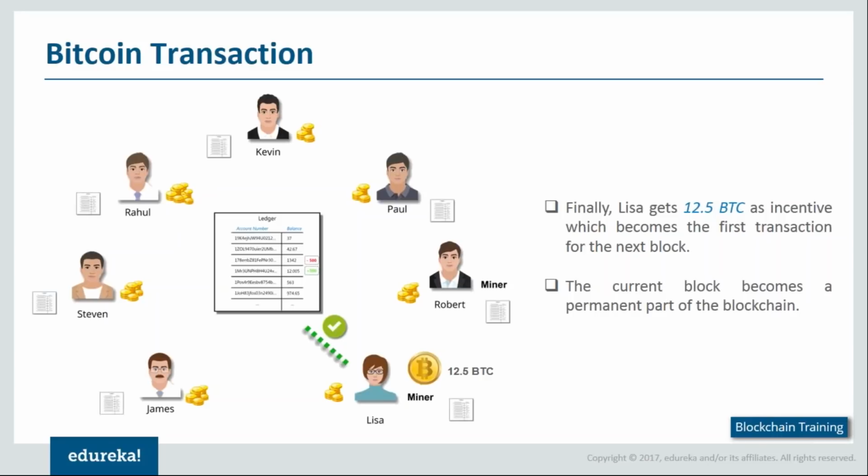So any doubts still here? Okay, so James is asking me where does this Bitcoin get stored. So James, you have a special wallet called a Bitcoin wallet which can be used to store these Bitcoins. Now, basically there are 4 different kinds of wallets. Now, I'm not going into detail right now. We'll be talking more about this as part of the demo. So basically you're going to use a special wallet called Bitcoin wallet to store these Bitcoins. So all you need to do is give the private key where the Bitcoins have to be transacted. Once you do that, you can get the Bitcoin reward once the mining is complete.